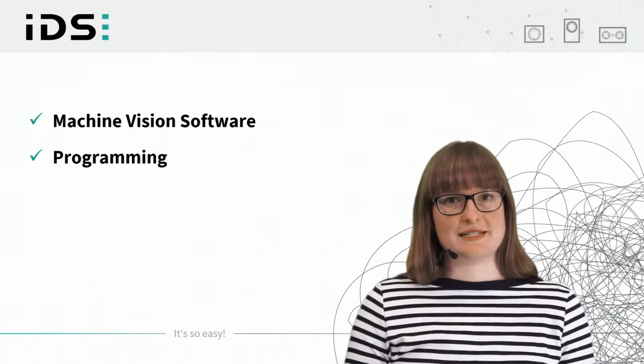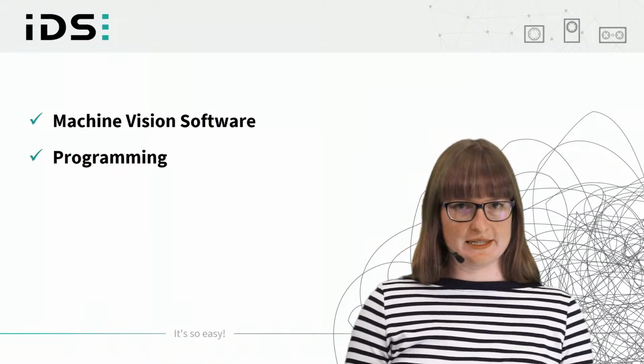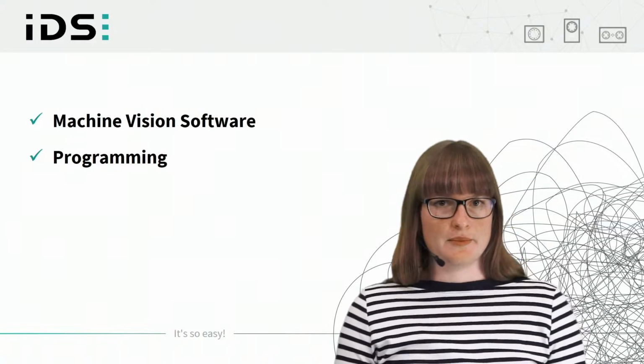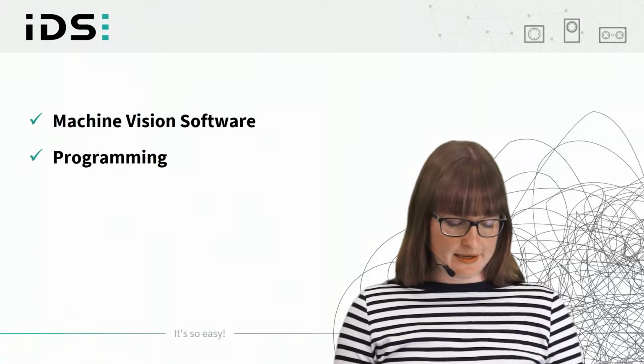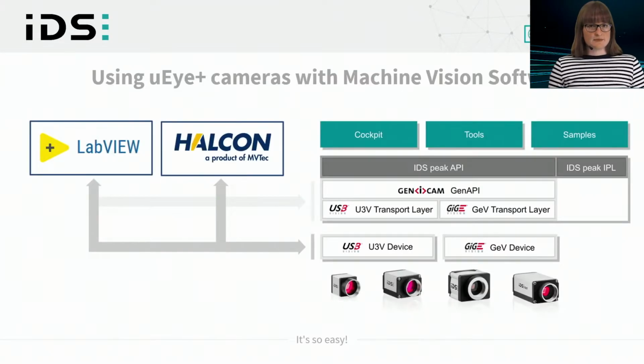Heiko has already shown you in the session before how the principle of vision-compliant cameras makes it convenient to use them either with machine vision software, but also for programming with our IDS-Peak SDK. This is what I want to show you today. I want to give you an overview about the possibilities of interfacing UI+ cameras and also show you how to get started, because this is what you might be wondering about. Afterwards, you will be able to start right off with your new UI+ camera and work with it in the way that fits your application best.